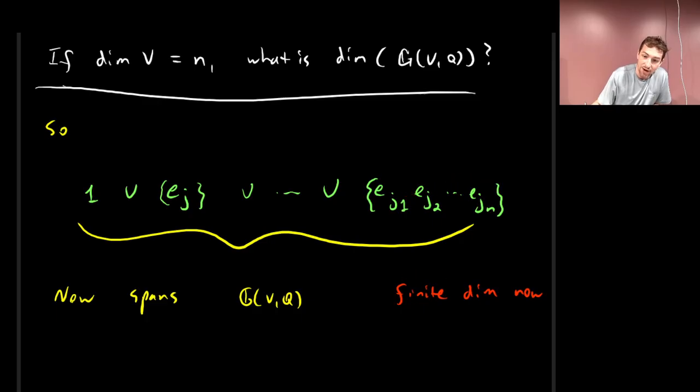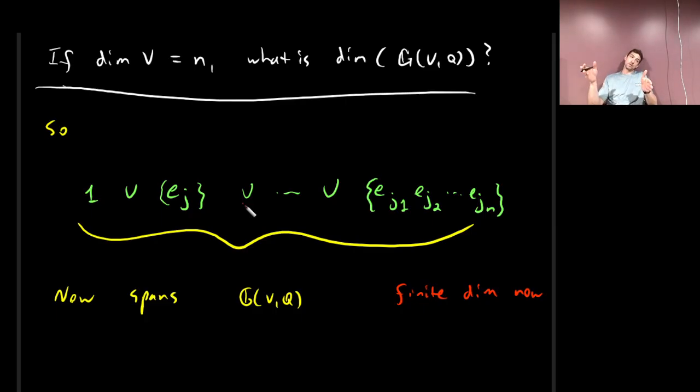So we're at least now finite dimensional, but we get further reduction, because if you have E1 geometric product E2, that is not linearly independent of E2 geometric product E1, because you can swap them and you get a -1. So one is actually -1 times the other. So we're going to get even further reduction. And in particular, the only things that are going to be linearly independent are